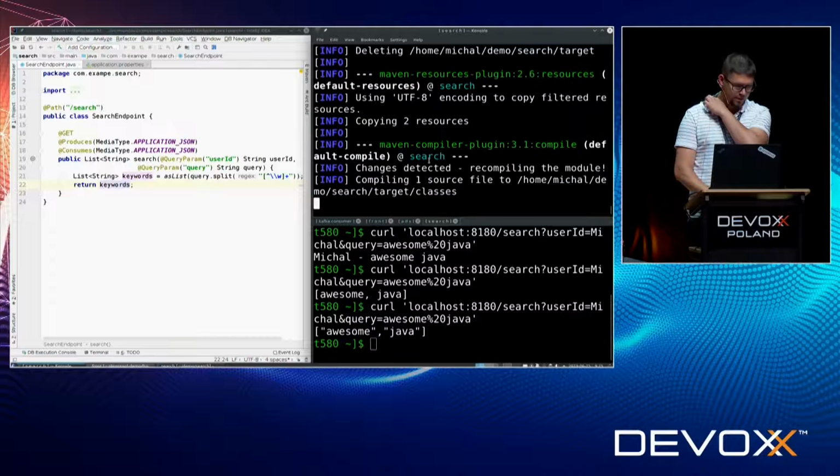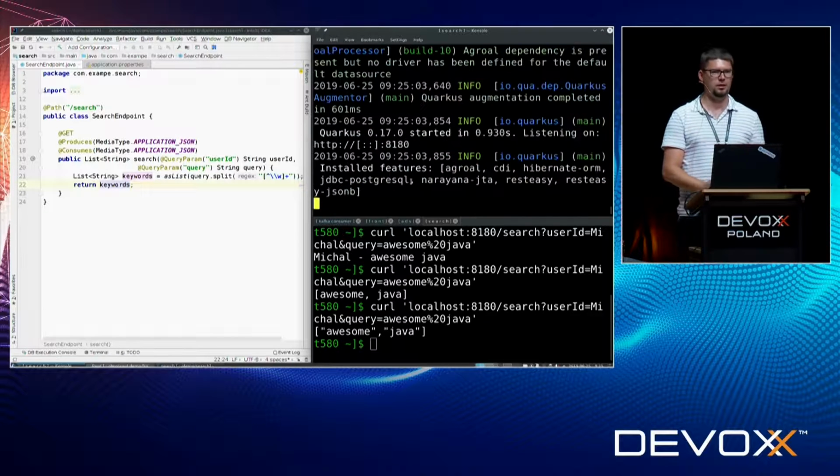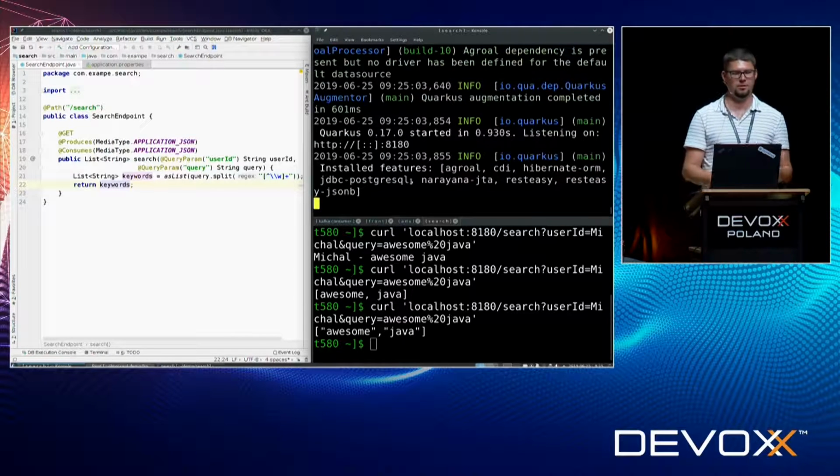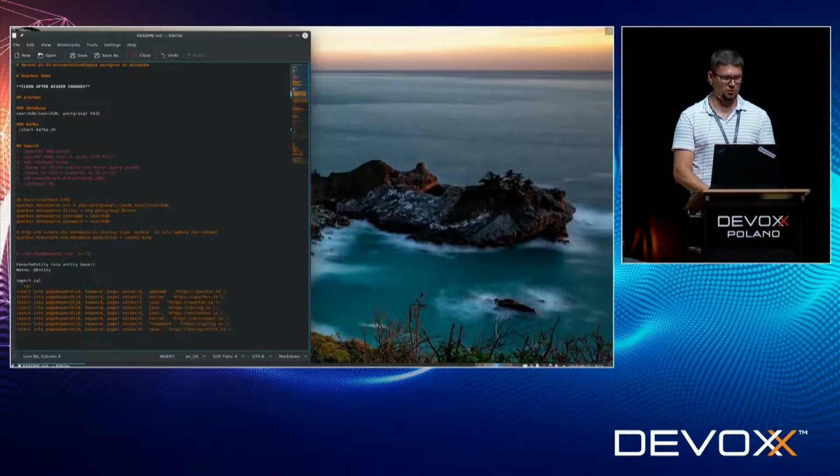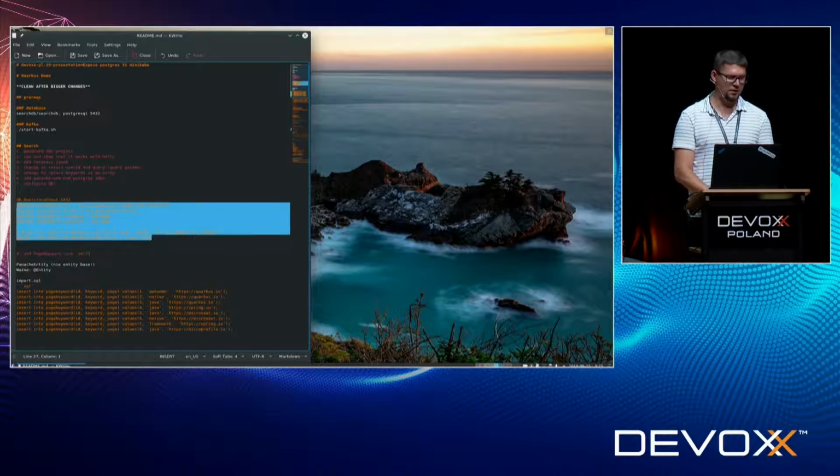Let me start it, start the server. Please note that I didn't add any entity or configuration for the database before starting it. I will be adding it and not restarting the application. It will restart itself in the background. So in this situation,